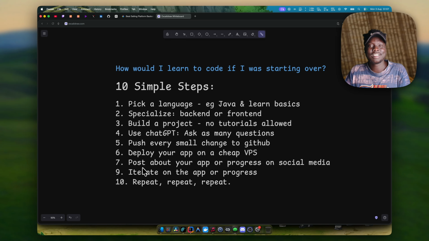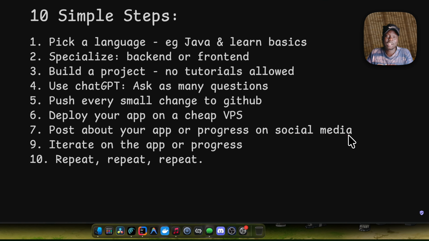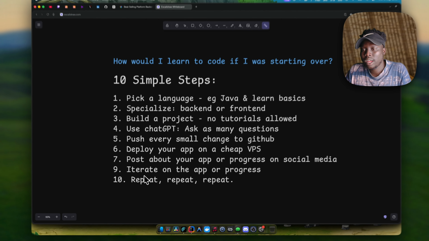But letting people know your progress is very important. For one, they get to keep you accountable. Two, you get free feedback, because people are always interested in criticizing whatever you're doing. And for three, you get to improve your skill level by iterating on your project, given the responses that are returned from the users or from the people that interact with you on social media. So that should be something that you shouldn't miss out on in this day and age, especially.